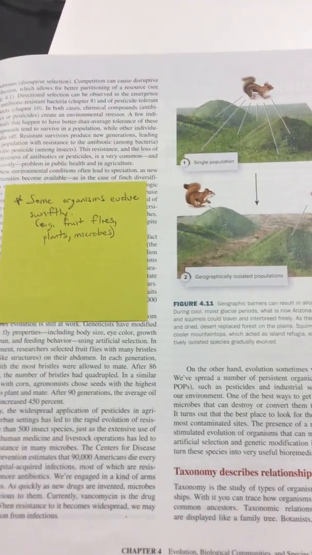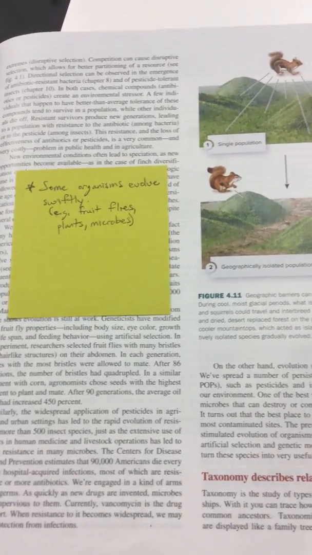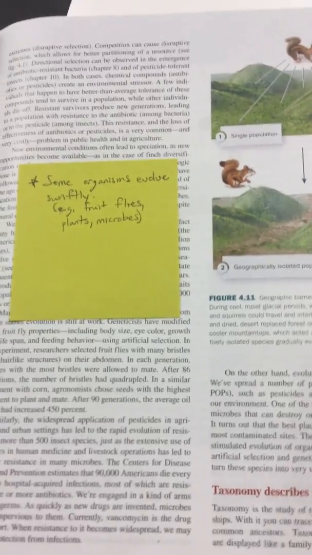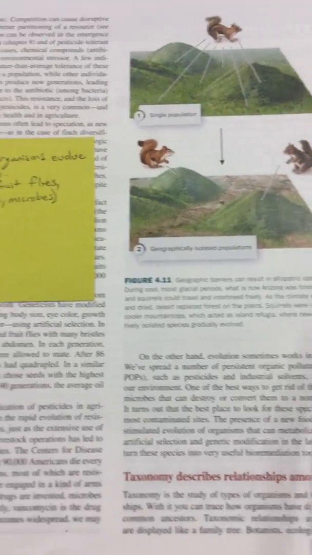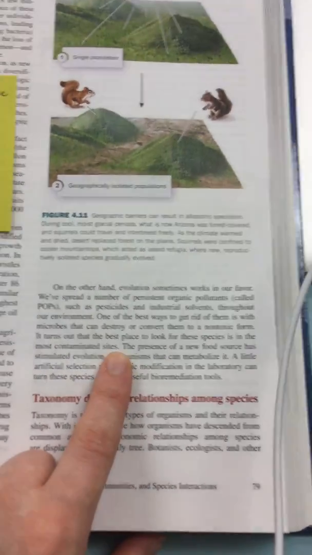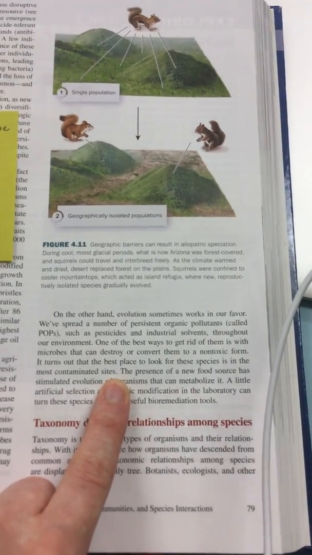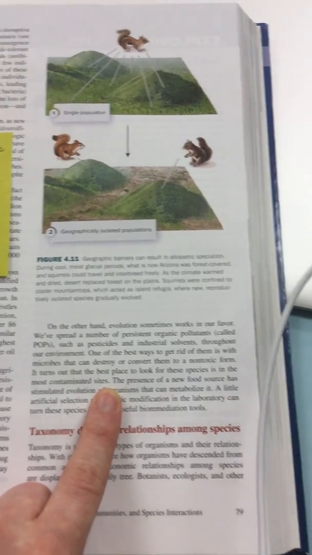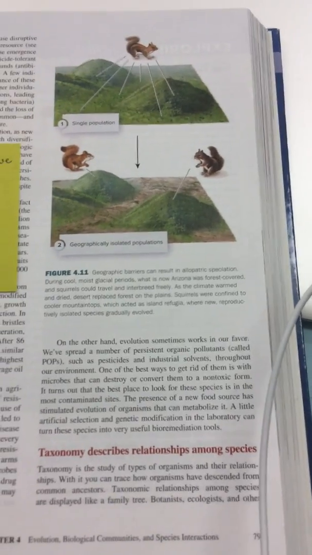So sometimes evolution is problematic when we talk about germs and bugs evolving so that the flu vaccines don't work against them anymore. Generally, we think that's a detrimental thing to us personally as humans. Sometimes, though, evolution does work out to be helpful. So this particular example right here is POPs, which are persistent organic pollutants, and these are pollutants that we have put into the environment through industry, or maybe through trying different kinds of pesticides